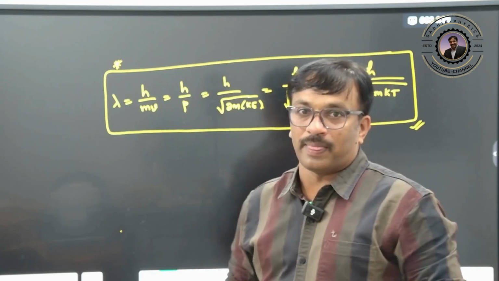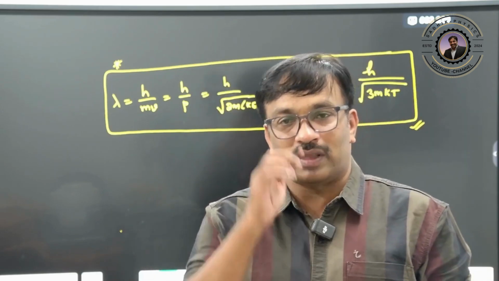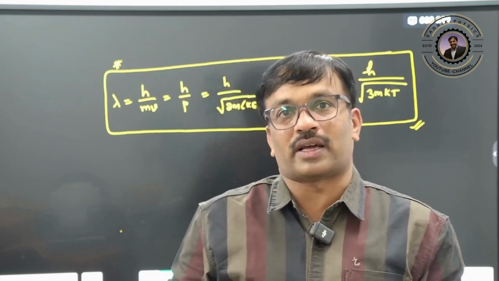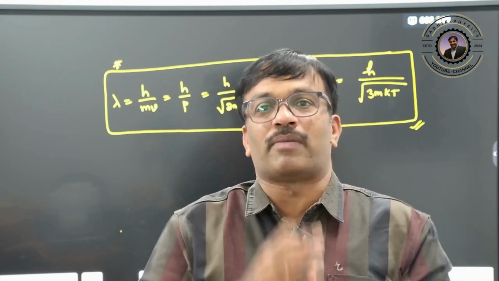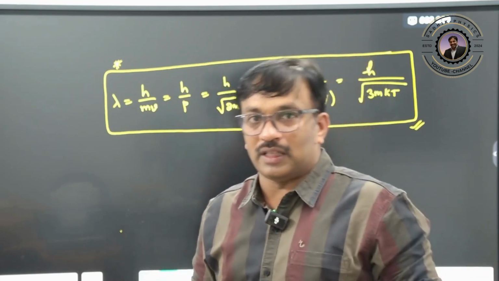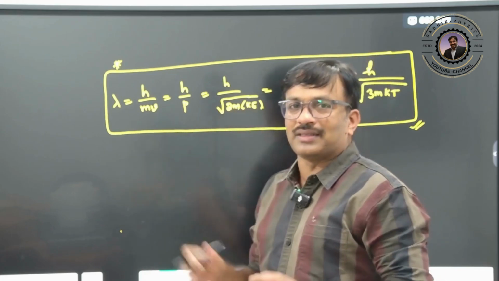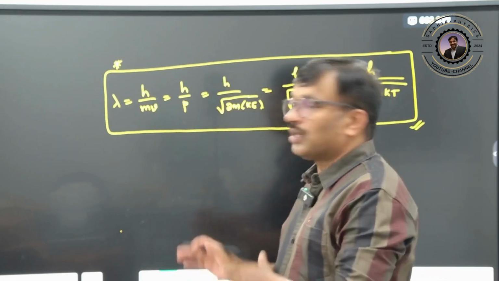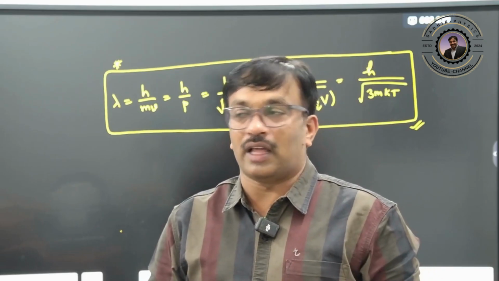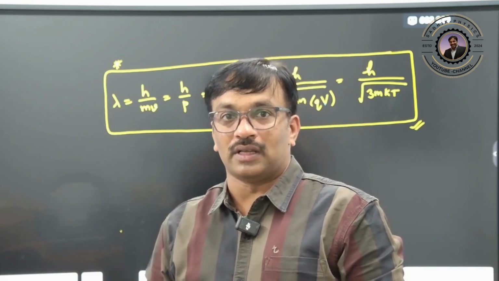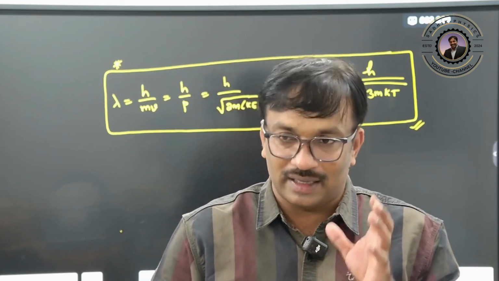Students should understand it this way. Substituting into a given formula and getting the answer is not the correct way of learning. The student has to think about how many ways questions can be framed on this. If you are watching this video, please pause it and type in the comment section how many questions you can frame, just an approximate random number. You will be surprised that that many questions can be created. You have to think in that way; the real thing of learning is in this.